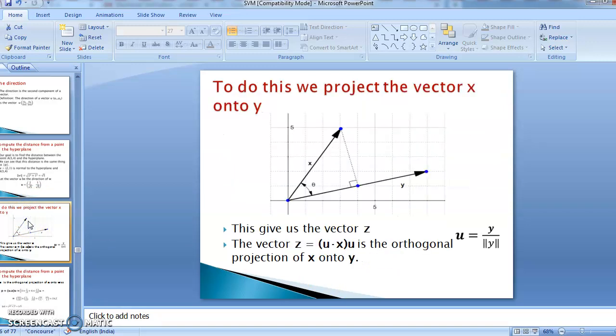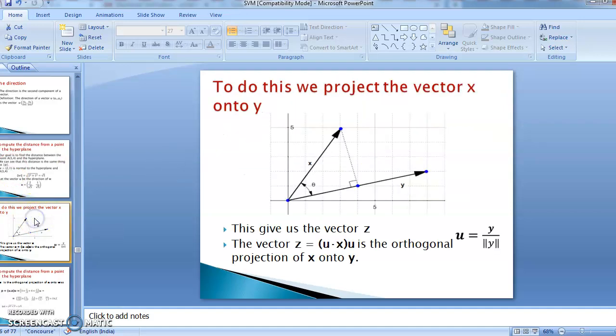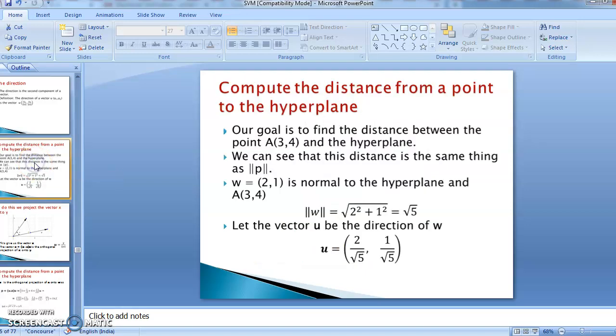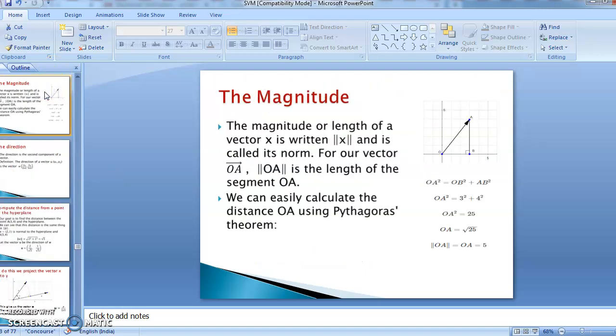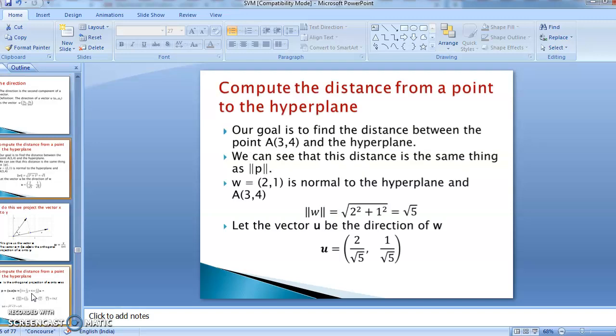Now you want to find the projection, you want to find the margin, the distance p, where we can see that p is the orthogonal projection of A onto w. You can see here in this diagram, p is the orthogonal projection onto w. How you will find it with the help of this particular data, we will see in the next slide. Thank you.